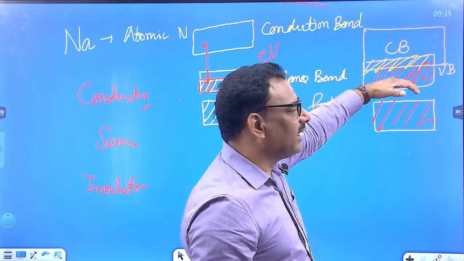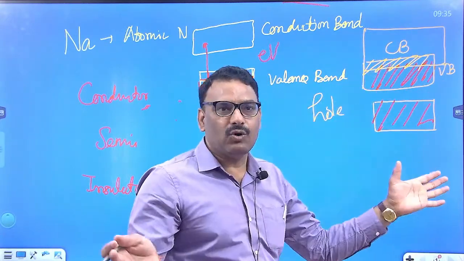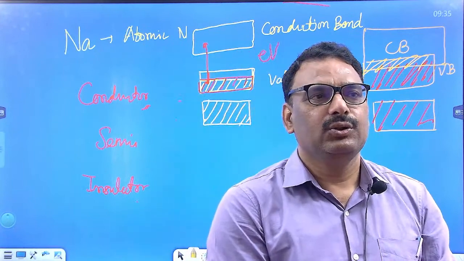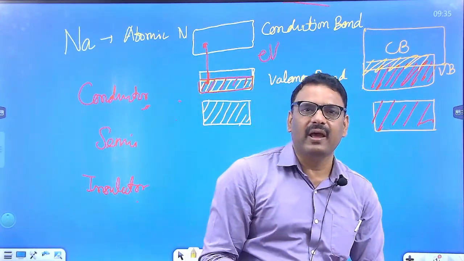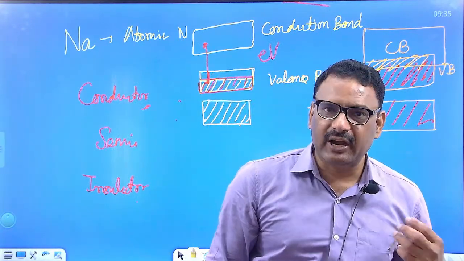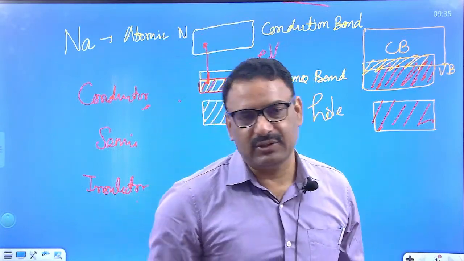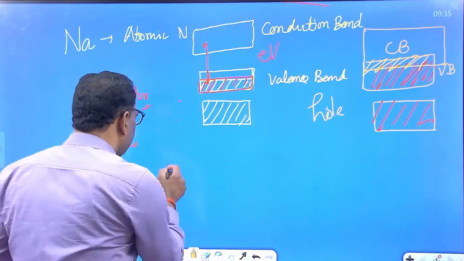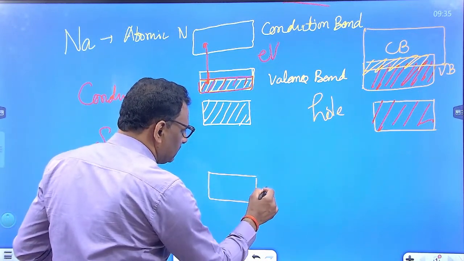जो भी इलेक्ट्रॉन कंडक्शन बैंड में गया वो फ्री हो गया, तो चूंकि कंडक्शन और वैलेंस बैंड दोनों एक दूसरे के ऊपर ओवरलैप हैं, तो कोई बीच में गैप नहीं रह गया। तो जितने भी इलेक्ट्रॉन वैलेंस बैंड में हैं वो सब फ्री इलेक्ट्रॉन की तरह बिहेव करेंगे और कंडक्शन में पार्टिसिपेट करेंगे। तो कंडक्टिविटी वेरी हाई होती है। बट सेमीकंडक्टर में, in semiconductor we have this is your valence